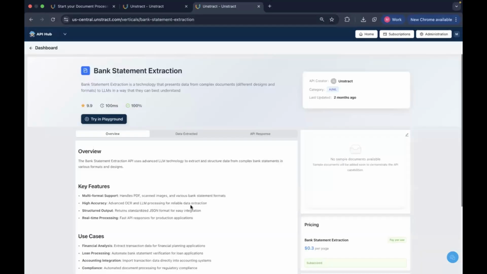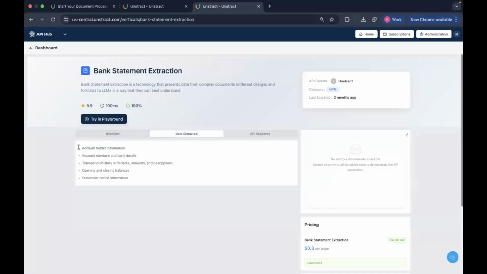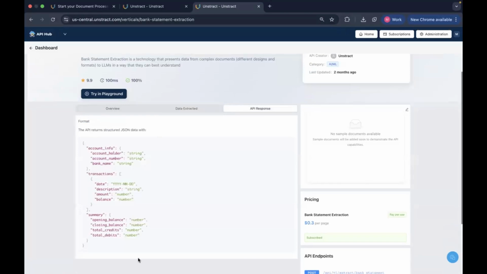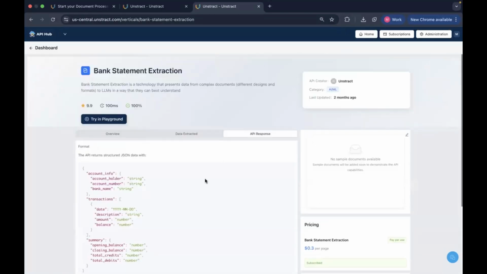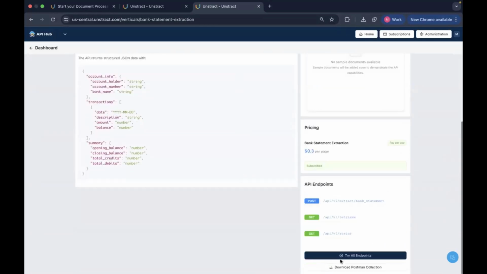You can see that we again have the overview in this bank statement extraction API. We're looking to extract the account holder information, the account number and bank details, transaction history with the dates, amounts, and descriptions, the opening and closing balances, as well as the statement period information. You also have an idea of how the API response would look. Since we have already tried the playground for the API Hub, I thought we can download the Postman collection